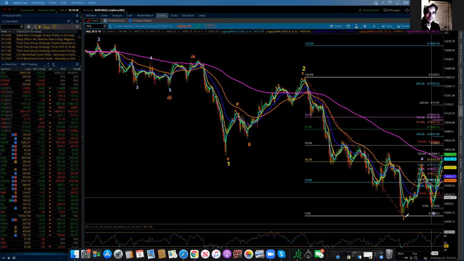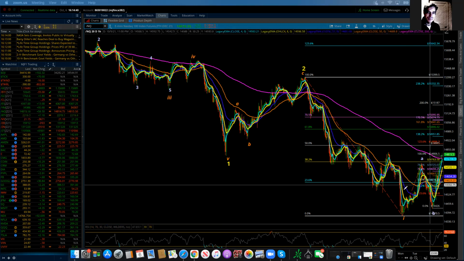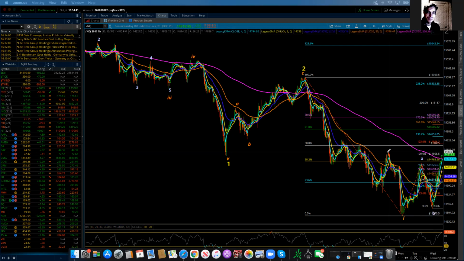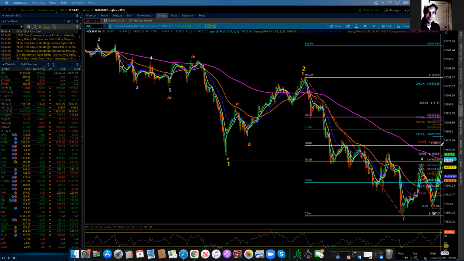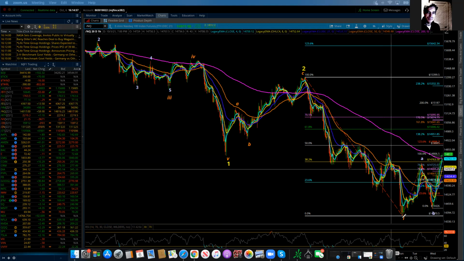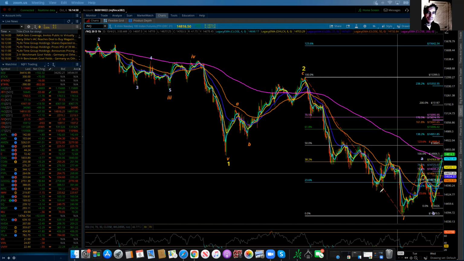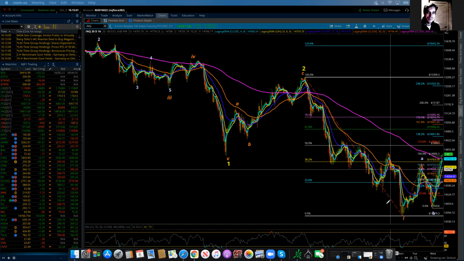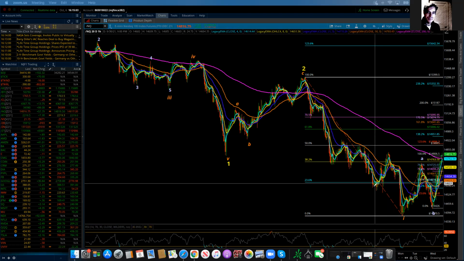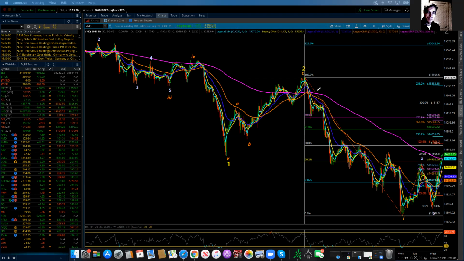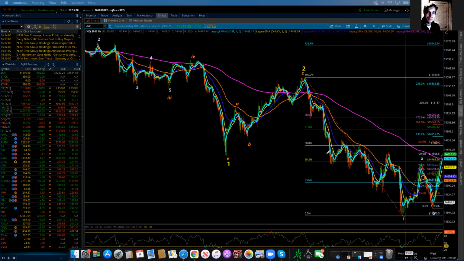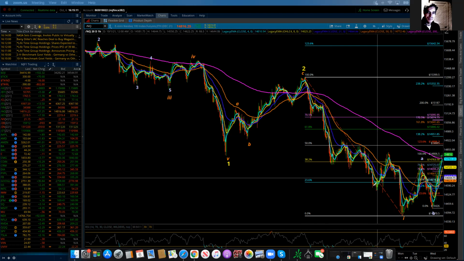And so what it ends up being is, as I had once said before, that I had put the minor 2 up here, and that may have to get shifted over, which was initiated primarily by the S&P in its particular structure, which is a little bit different than the NASDAQ's. The S&P had not made a new low below the minor wave 1 on that particular chart, whereas here it had. So what my choices were is to recount this initial wave down and to include this difficult wave here,